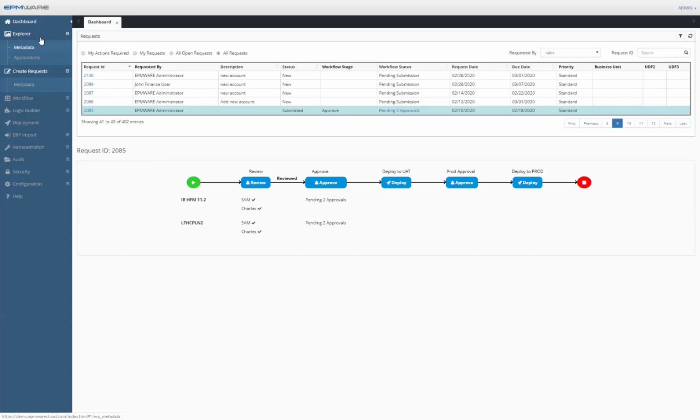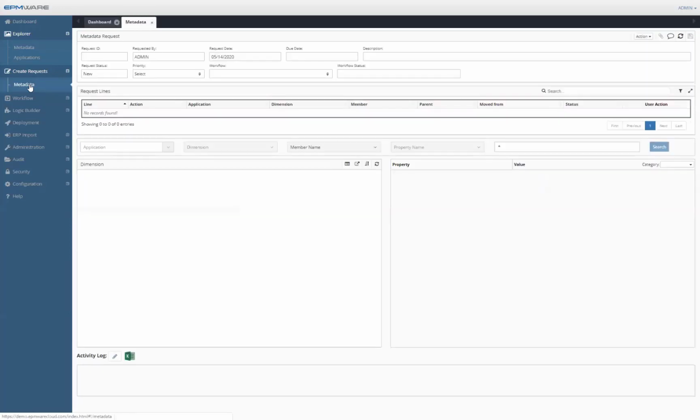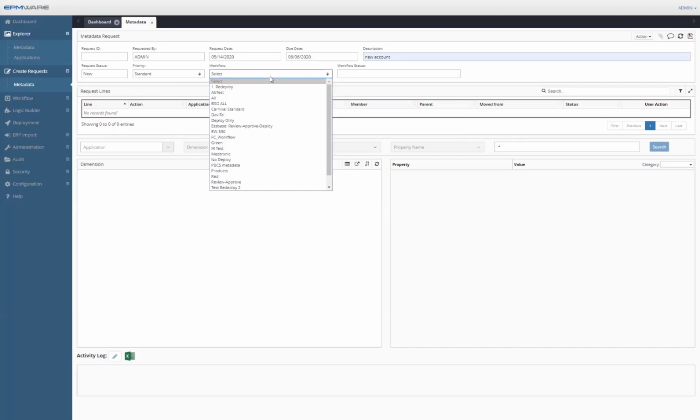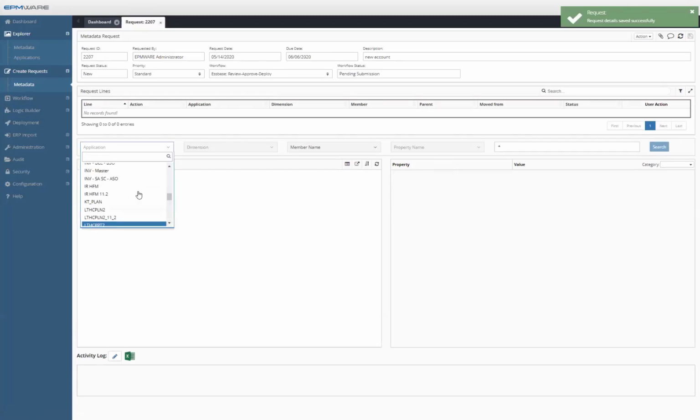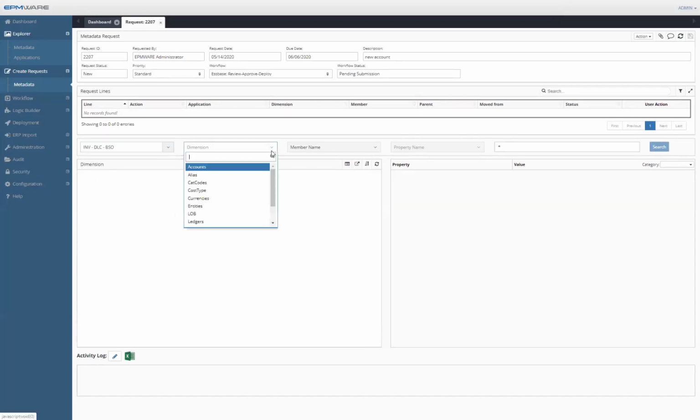So let's go over to our request, and let's create a brand new metadata change. As an end user, I log in and I see this request screen. I'm going to set up a due date. Let's create a description, pick a priority and a workflow. We'll pick a workflow, or we can even have a workflow set for us. I'll hit the save button over here, and now I can pick an application. We'll pick a BSO application as the starting point for my metadata,